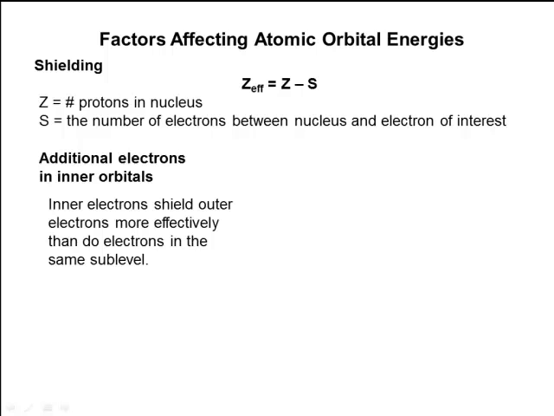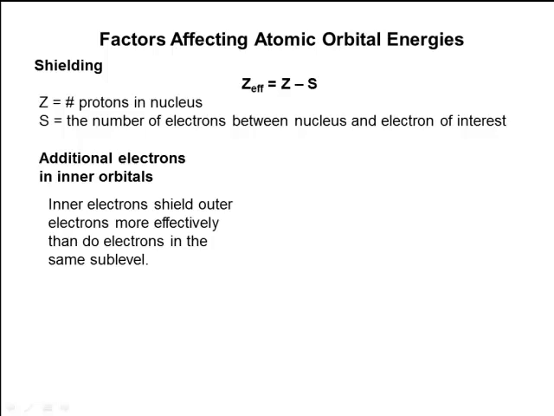So for example, let's say I had chlorine. Chlorine would be neon 3s2 3p5. What this is saying is those core electrons in the neon are going to shield those outermost electrons, the 3s2 3p5, more effectively than, say, the 3s electrons shield the 3p electrons. Okay? Mainly, Z is the number of protons in the nucleus. S is going to be the core electrons